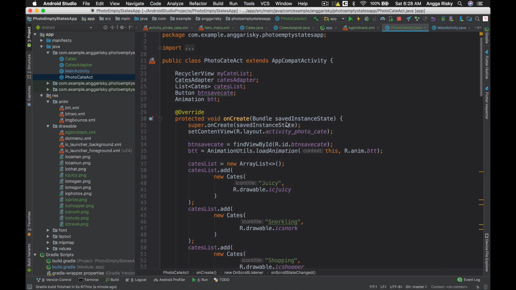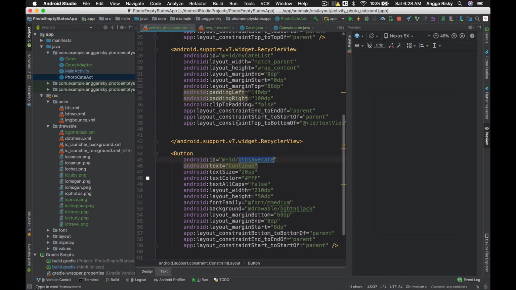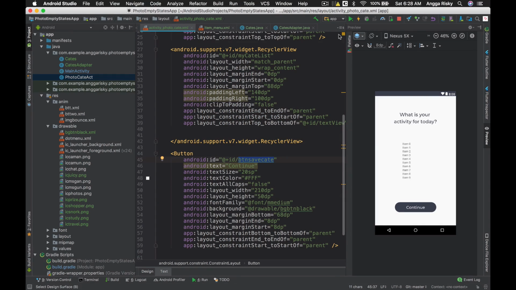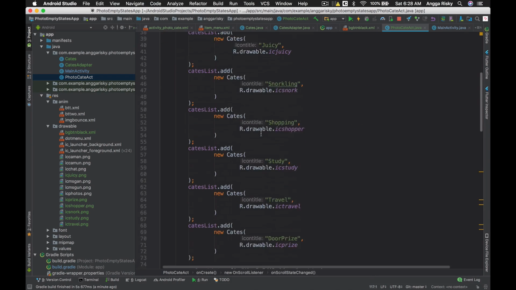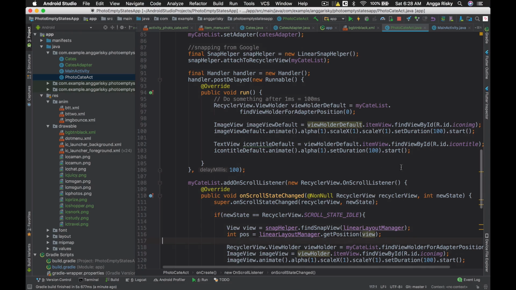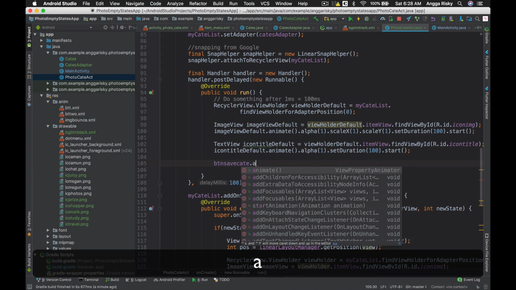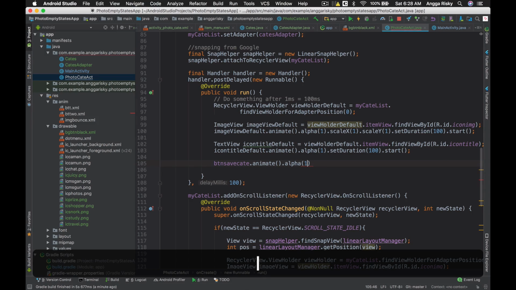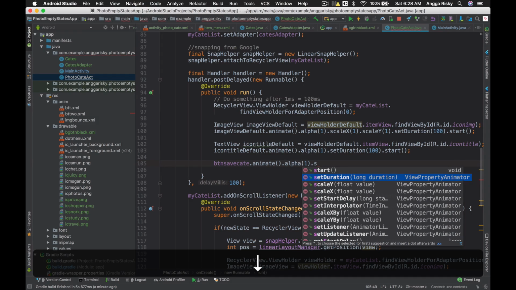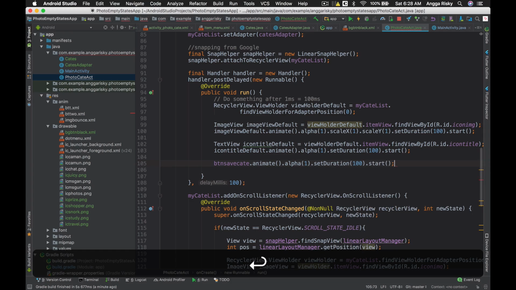So we have to make the button save category appear over there. I think I have to go back here, and in the timer, the button save category animate, then alpha to 1, and set duration 100, and then start.